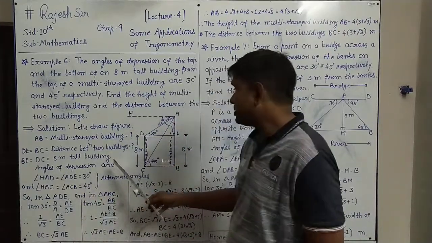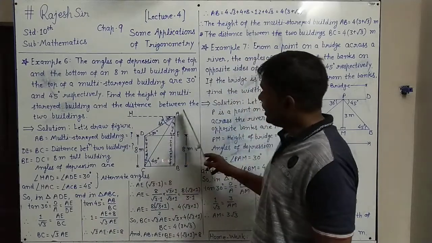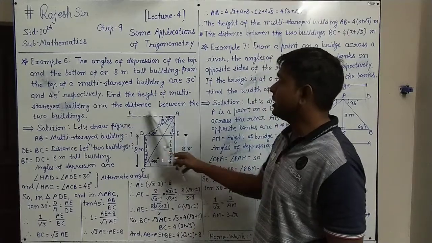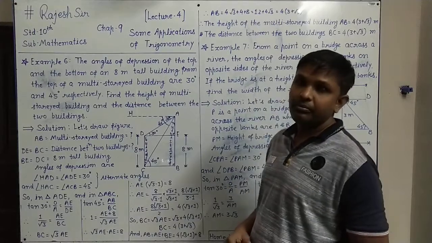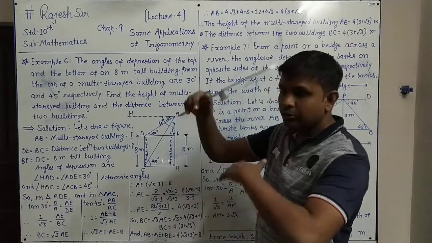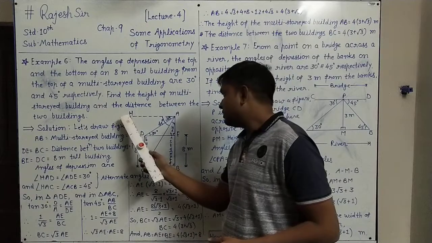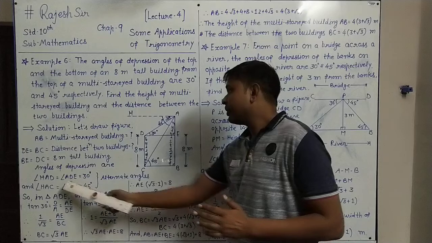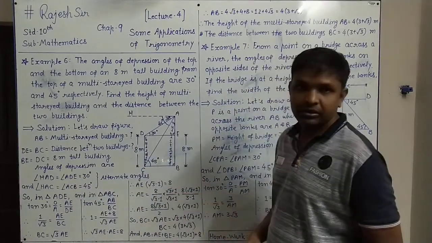Now the angles of depression are angle HAD. This angle HAD can also be written as equal to angle ADE, the Z angles you can see. The Z corner angles are called alternate angles. The horizontal level and this level are parallel, so between two parallel lines the alternate angles are equal, that we know. From that knowledge, angle of depression HAD equals angle ADE, and that is equal to 30 degrees, and the reason is alternate angles.